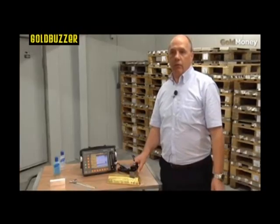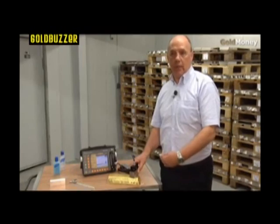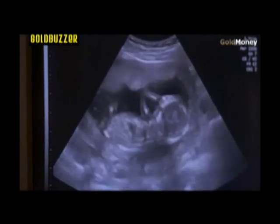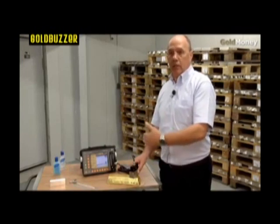Ultrasonics is advanced technology providing a simple solution to a complex problem. The medical technology of echography is exactly the same as the technology that we're using here. We've taken this technology from the medical world. The medical technicians use this for fetal development in pregnant women, and we're using exactly the same technology, and the